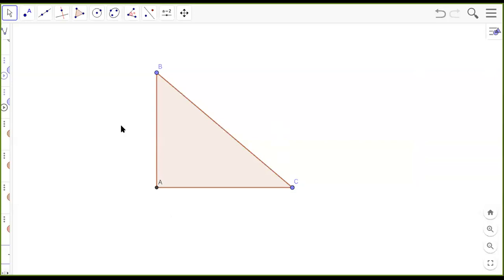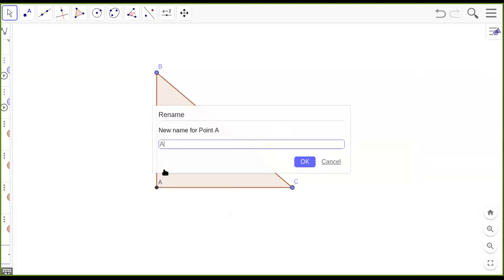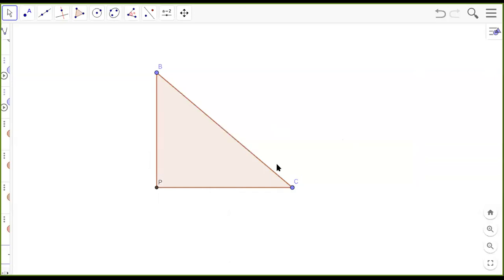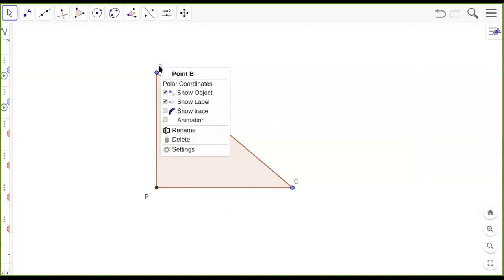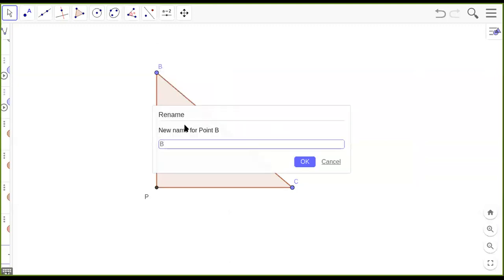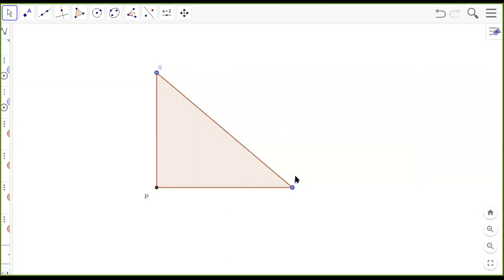We had to name it as PQR. So we will rename it, because it is showing as A, B, C, we will rename it as PQR. Sorry, it's a capital P. This takes lots of time. That's why I don't do it. But today I thought let us do it a little so that we also are happy that yes, the diagram is there. So we call it Q and then this is R.